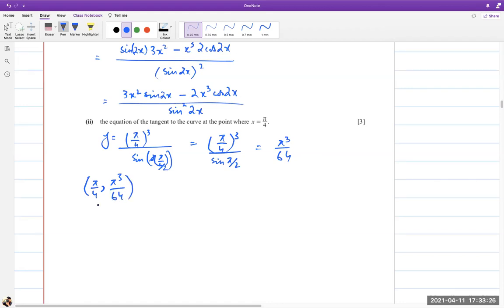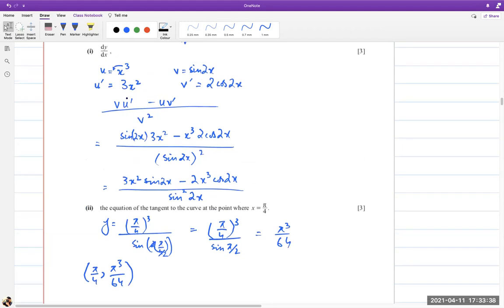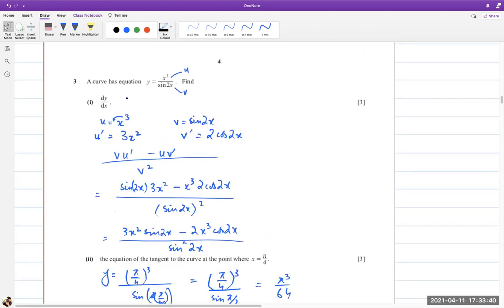Okay, so I have the point. Now what I have to do is find the derivative. Sir? So yes. Sir, please explain how you got the y value for pi. From the equation, you see the equation says that y is equal to x cube over sine 2x. So we found out y because we had the value of x. Okay. Yes. Okay.